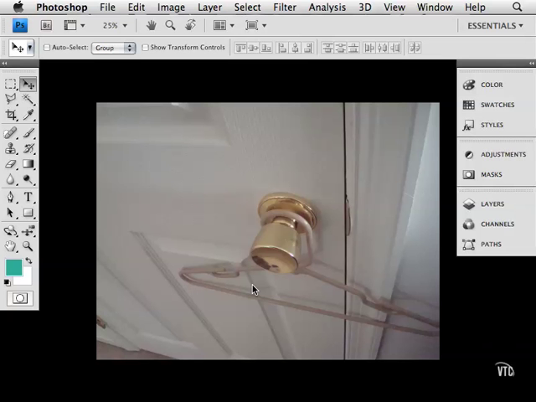Let's take some time to discuss the way you can go back and forth in time as far as undoing and redoing changes you make to your images. So the first thing I want to definitely point out is that Photoshop will let you use the Command or Control Z one time. The second time you do it, it's going to go back to the state in which